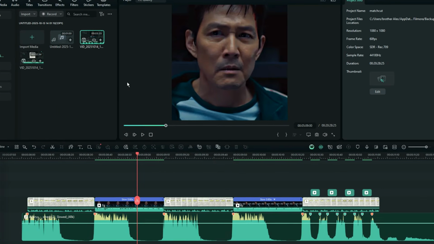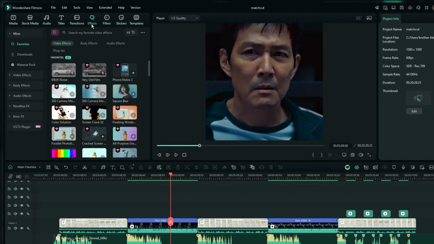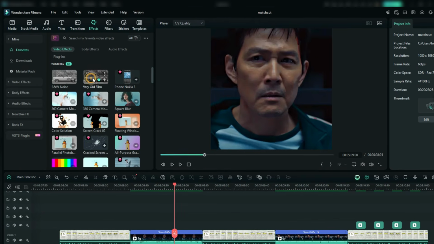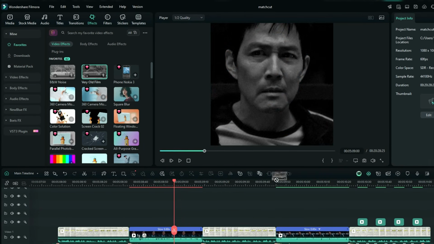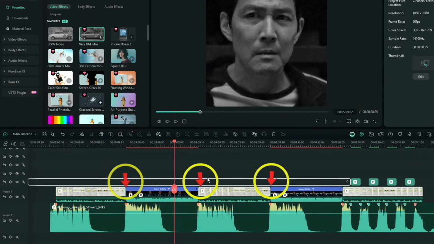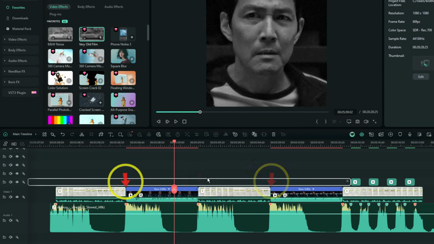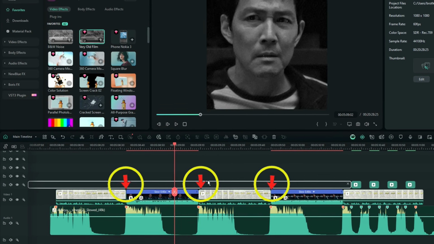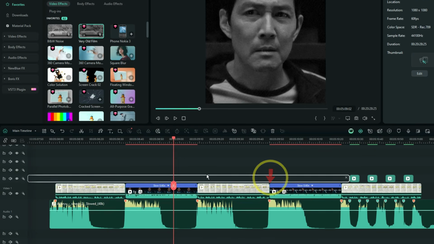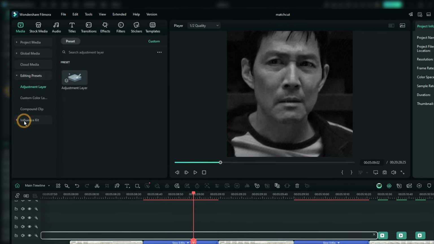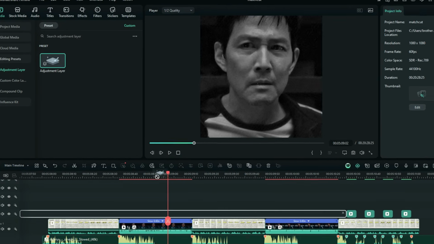I'm going to the effects and then search for the effect called old film. And I can choose this one, which is very old film. All right. Next, we need to create a fading effect, kind of. So you can put the dissolve transition on both ends, but that is going to affect a lot of things. So under the media, under the editing presets, drag down an adjustment layer,